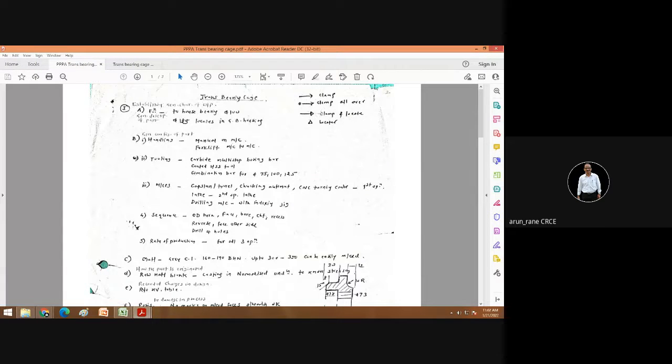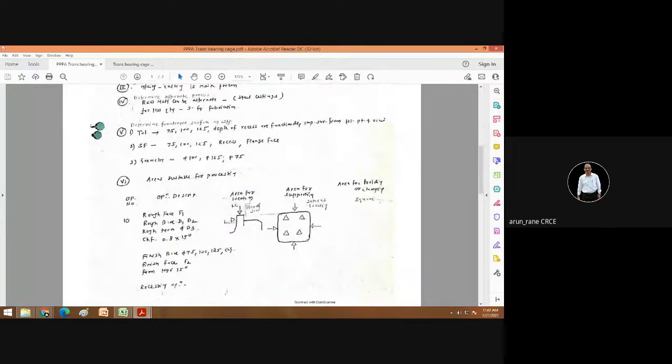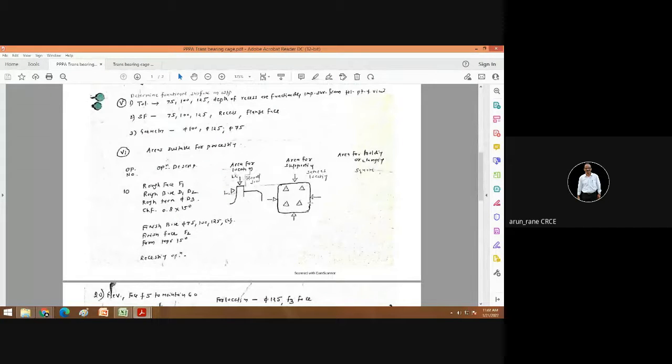So if it is a hollow triangle, it is clamping and locating. If it is filled, then it is only clamping. Now in this case, it locates also, isn't it? It locates also about the center line of the lathe. And then